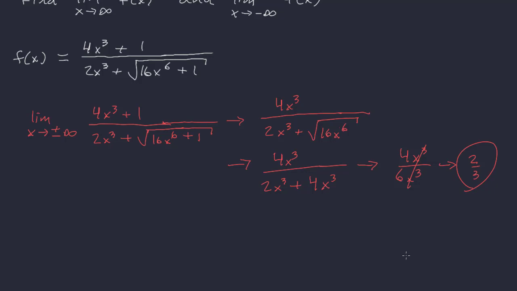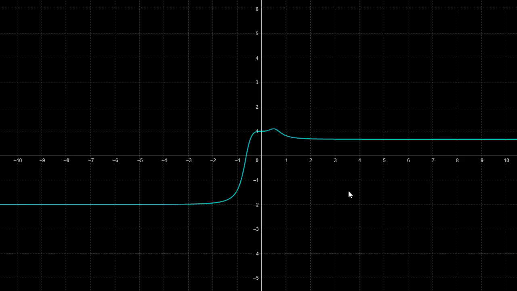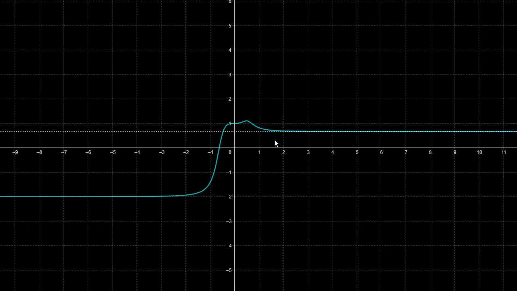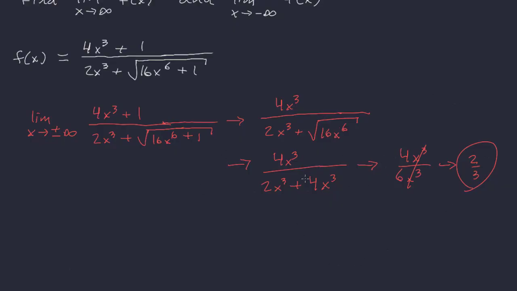However, if we were to glance at a graph of this function, when we look at a graph, we get two separate horizontal asymptotes. Okay, so if we just graph the 2/3, we see that we only got the right side of the graph. We're missing this -2. Well, what's happening here? And the answer to that question is actually what we did right here. Okay, this step was incorrect. It was almost correct, but incorrect. Oh, okay, how? Well,